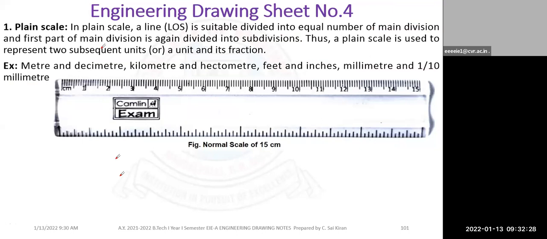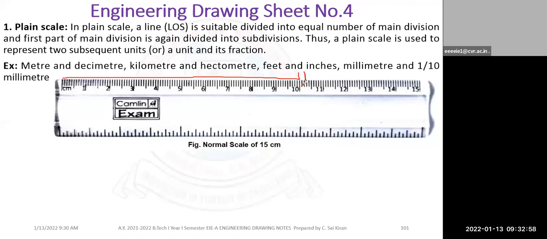And so this is a plane scale. If you look at your plane scale, this normal scale, if I want to measure 10.2 centimeter, I can mark here as my 10.2 centimeter. So how I divide is, from here I'll be taking 10 centimeters, and from here I'll be taking 2 mm. Then total will become 10 centimeter plus 2 mm. Total will become 10.2 centimeters.